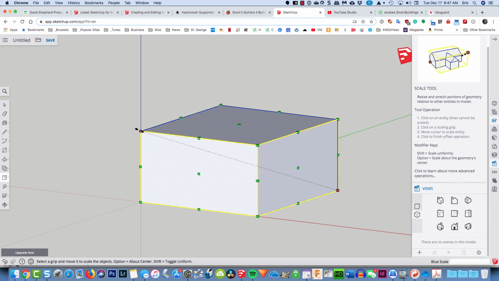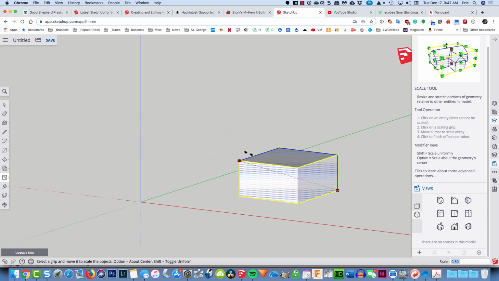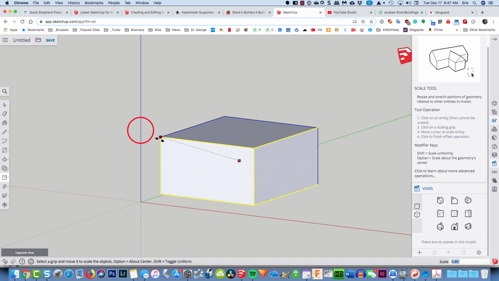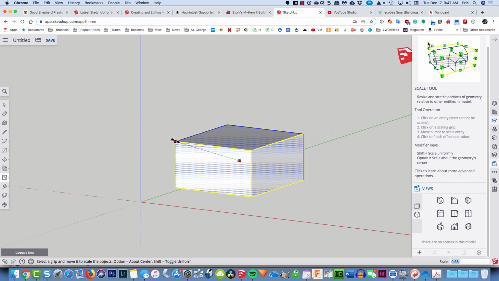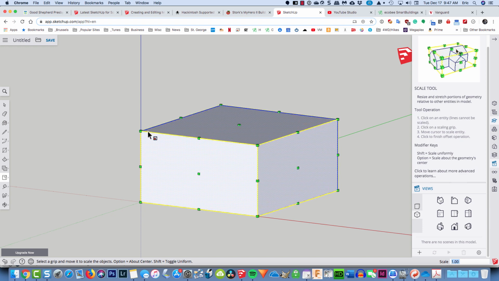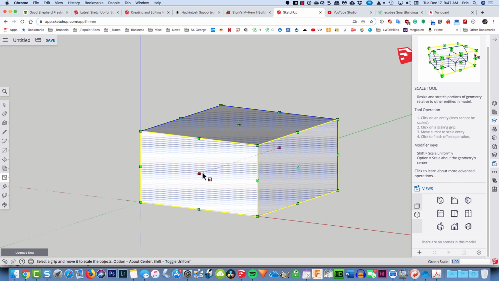I can come to a corner and scale it down from opposite vertexes, or if I type in the Option key or hold it down, it essentially scales it proportionally from the center outwards. So you have these grips, and they're really very powerful and give you the opportunity to resize objects or faces